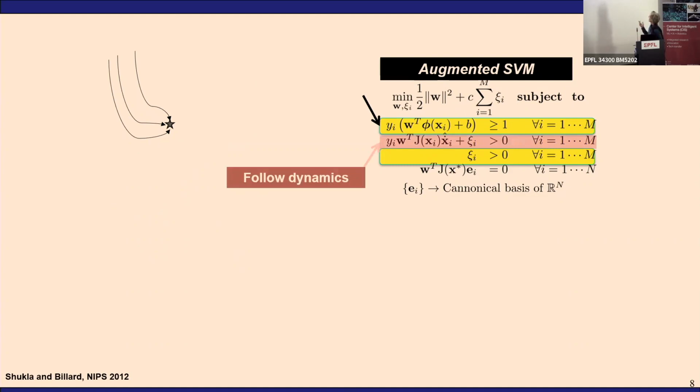This constraint, for instance, takes the Jacobian over xi times xi dot, which represents the velocity. In other words, what it's requesting is that we now actually follow the dynamics. We follow the velocity. So not only do we want to classify the data points on the correct side of the hyperplane, but we also want these data points to follow the flow,